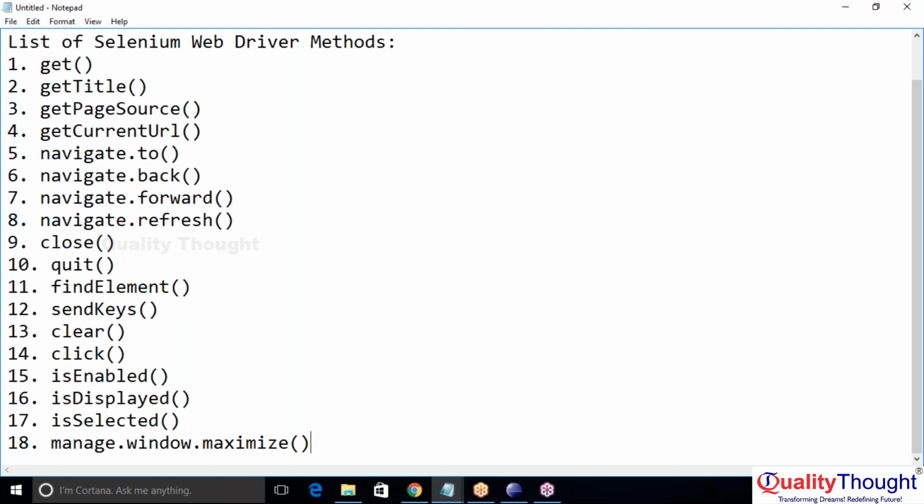So here the concept is related to the most common WebDriver methods which are used regularly in Selenium WebDriver script designing. That is the reason I have listed them here. If we want to perform R&D, we can go with minimize or other WebDriver methods apart from these. But basically these are the most common things that we need to use in real time. So I hope I conveyed the answer. If you are still unable to understand what I am saying, let me